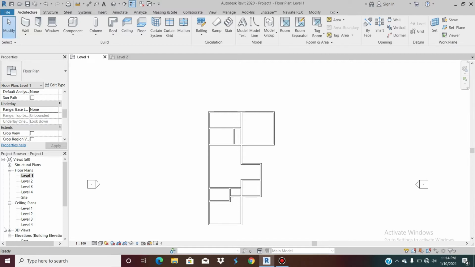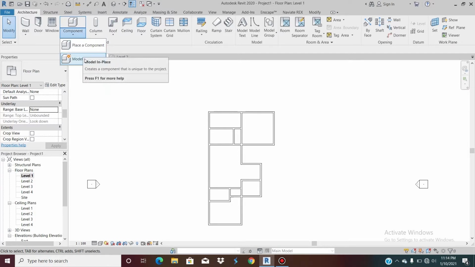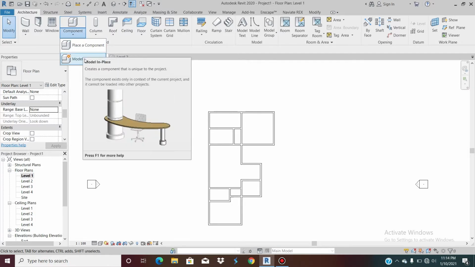So generally, you can see here. Here is where the component is, and this is our windows and doors, and our column also. So for the component, you have two options. You can model in place. Model in place is like you creating it and putting it in that specific spot. You need a table, so you will just model it and leave it there. And either you can move it or all those things. You model it within that project. But